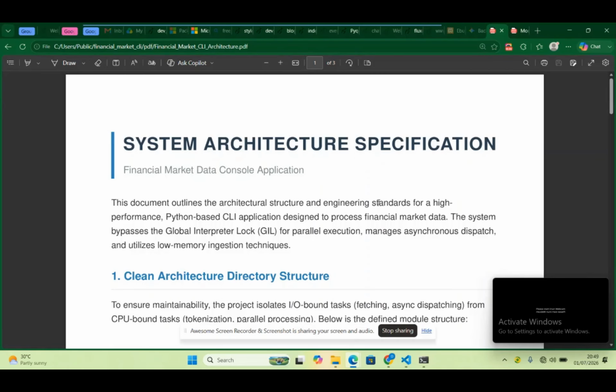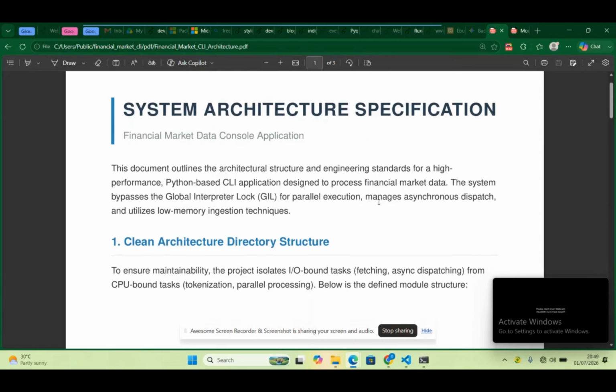So this document here is a PDF file and it carries the system architecture specification, how we're going to go about building this application, what we're really going to do. This document outlines the architectural structure and engineering standards for a high performance Python-based CLI application designed to process financial market data. The system bypasses the global interpreter lock for parallel execution, manages asynchronous dispatch, and utilizes low memory